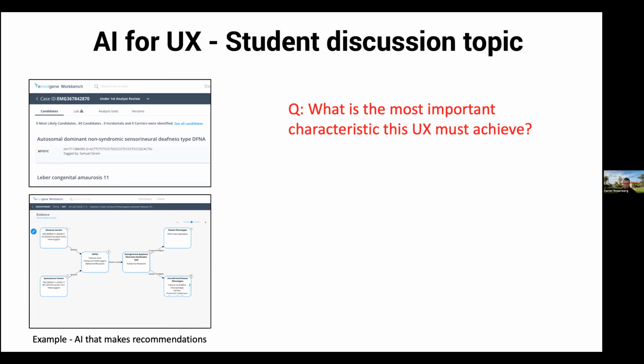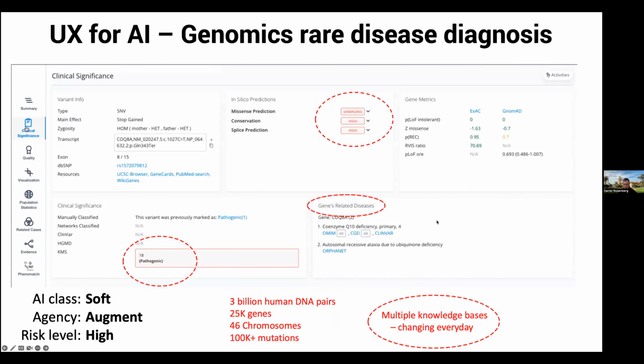Now, the system is making recommendations. The PhD in genomics produces the report. They can abstract from what the AI tells them. I don't know if we can go back a screen or two here. I'm not sure that I have it in here. Yeah, so basically, if you look at clinical significance, the ClinVar knowledge base doesn't have any information. The HGMD doesn't have any information. Only the KMS database basically says this is pathogenic.